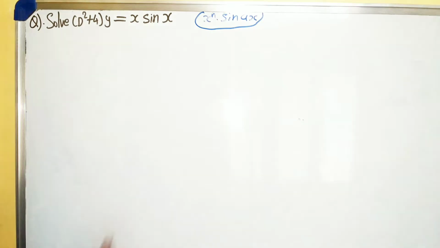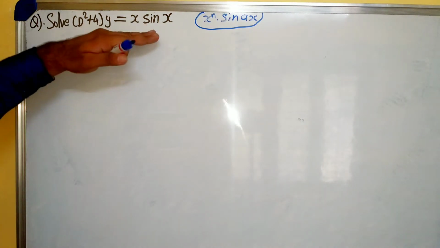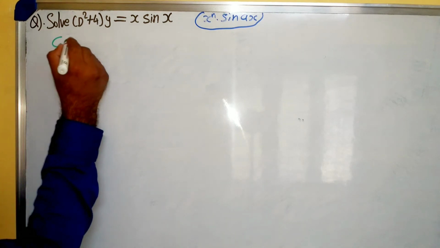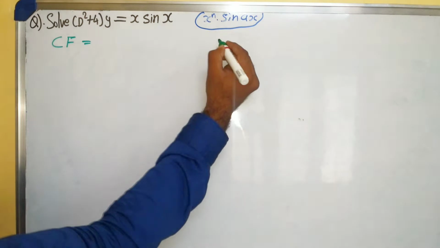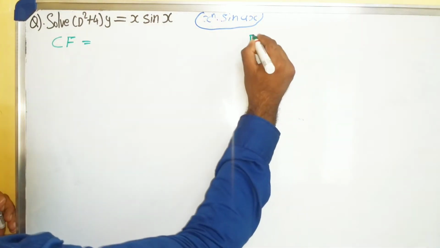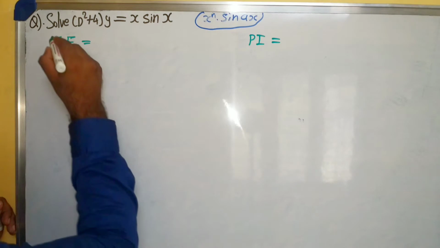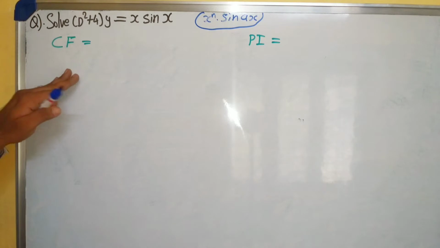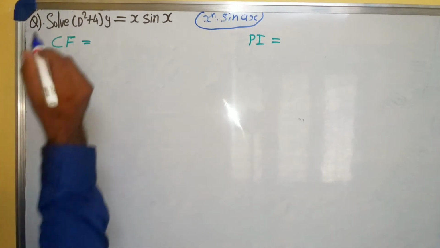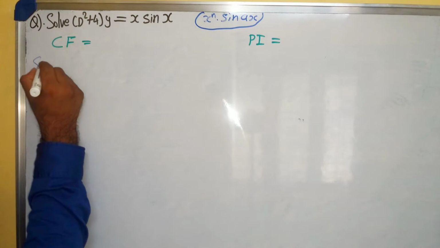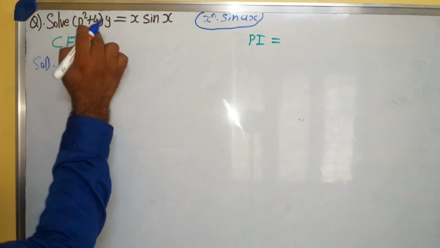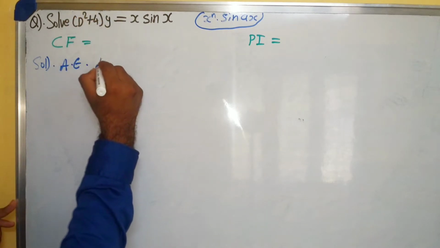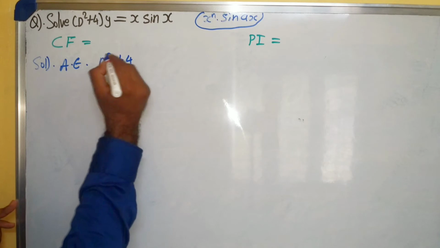When such a problem comes and we are asked to solve, we have to find the complementary function and also the particular integral. Both the values we have to find out. So before beginning the problem, let me find the complementary function as always. Taking the auxiliary equation of f of d, f of d is d square plus 4. So the auxiliary equation is m square plus 4